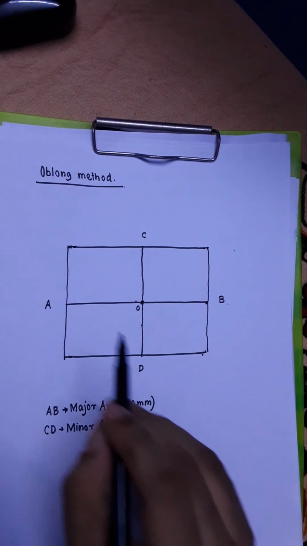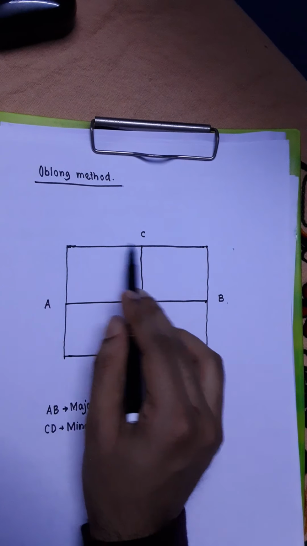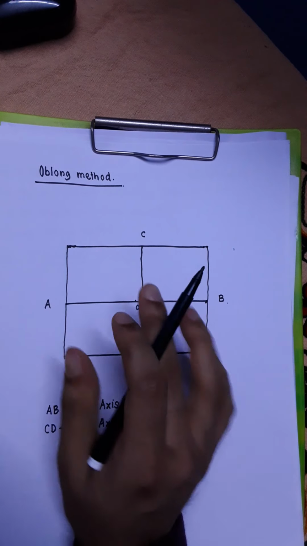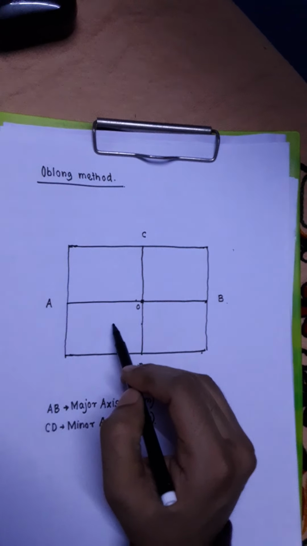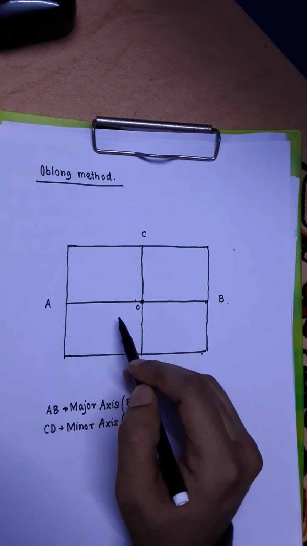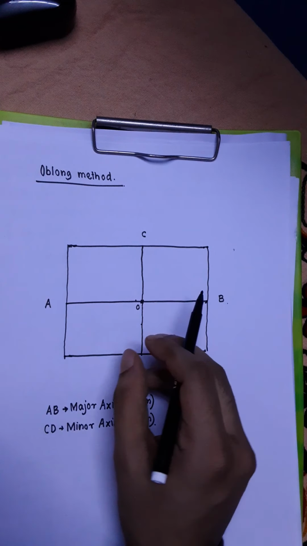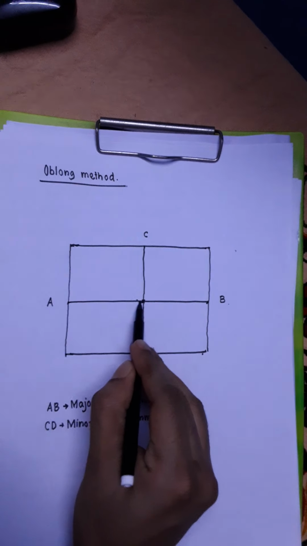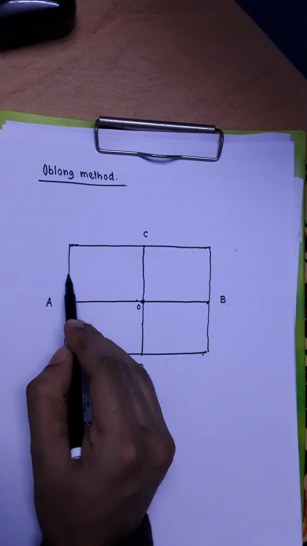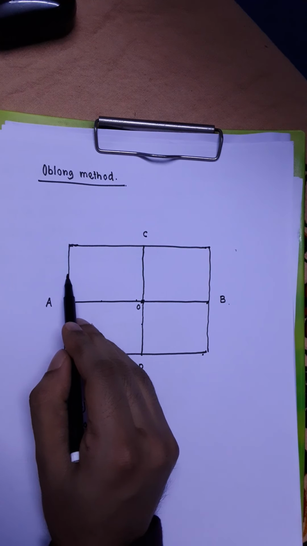So please pay attention and see what is the construction that we are going to do in this part to get 1/4 of the ellipse. Then you can repeat the same construction 3 more times here, here and here to get the remaining part of the ellipse. So the first thing that you have to do is you have to divide this length between A and O and this length into the same number of equal parts. Again I repeat, this length and this length have to be divided into the same number of equal parts.